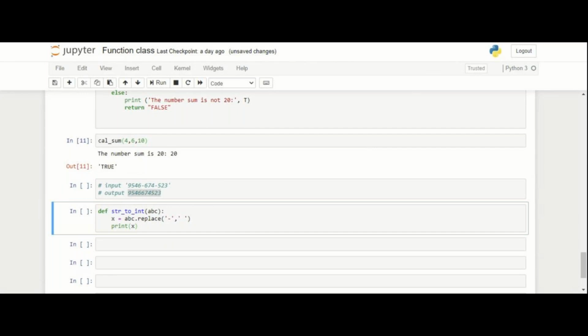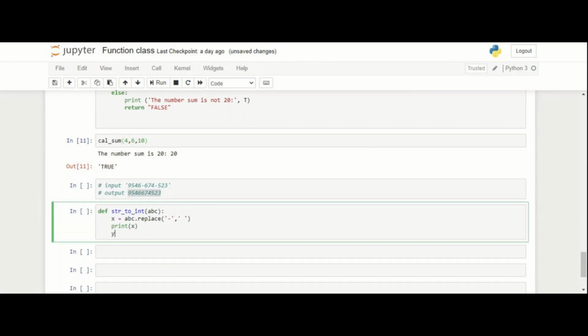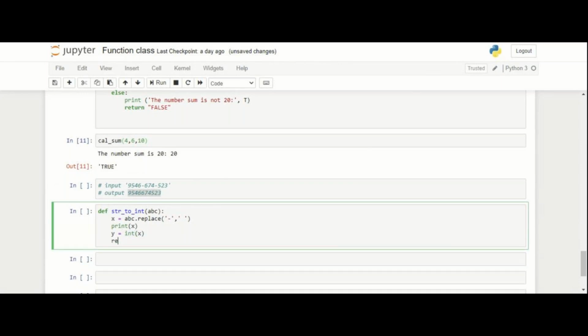So for that we have to create a new variable y equal to int of x. Then that number will convert into integer, and then I have to return my y.